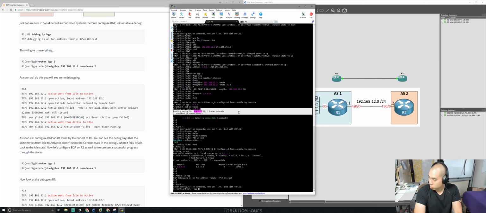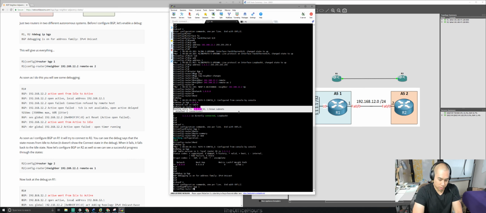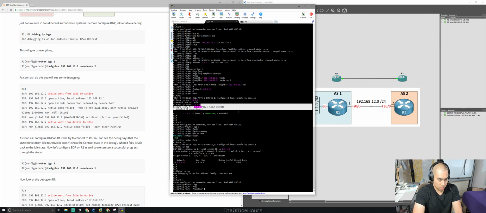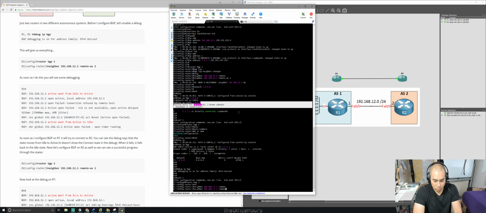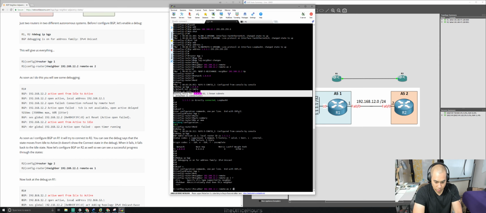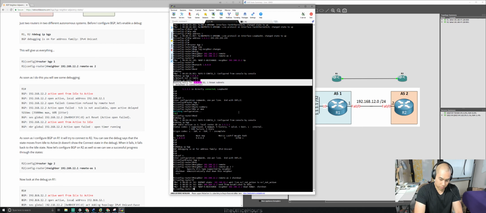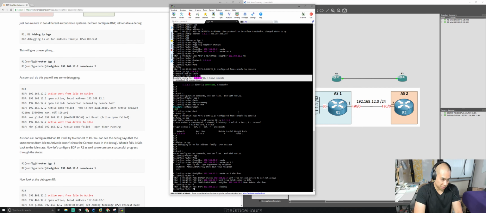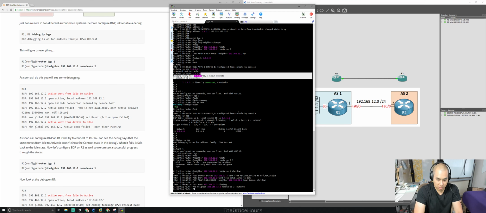Router BGP 1. Neighbor 192.168.12.2 remote-as 2. Shutdown. Sweet, there we go. So I'm getting some messages now. Well, yeah, this is kind of weird. Put no up here. Alright, so